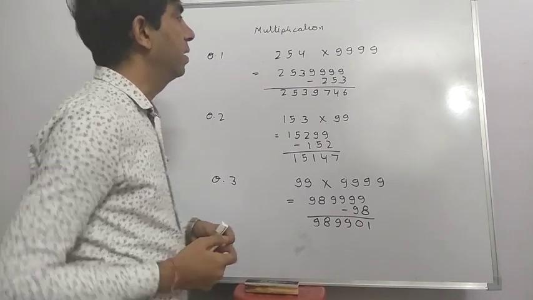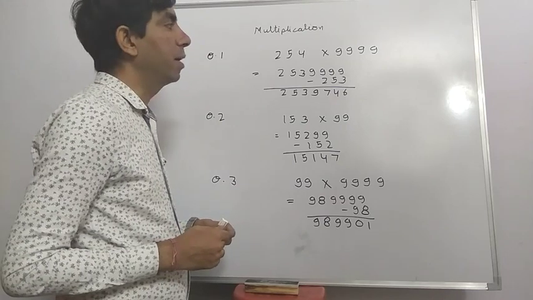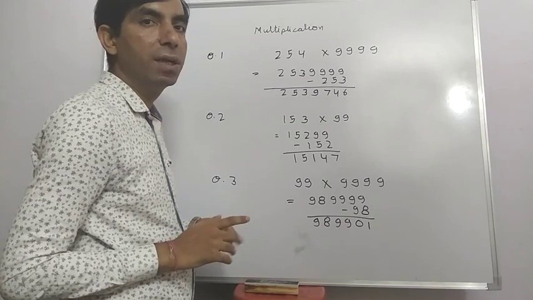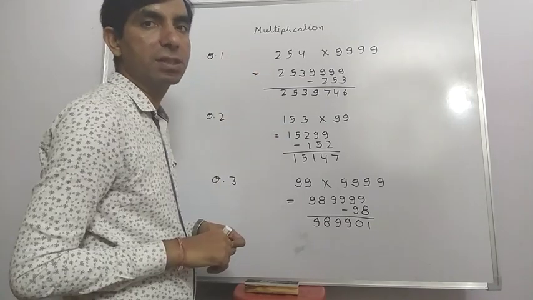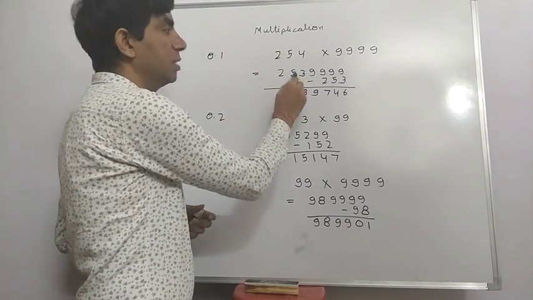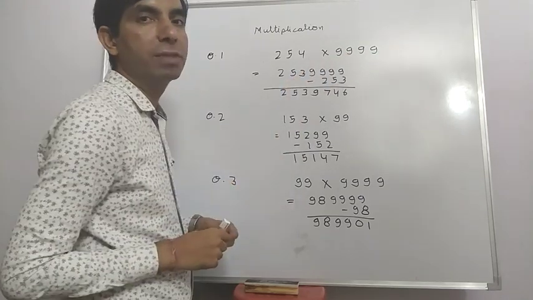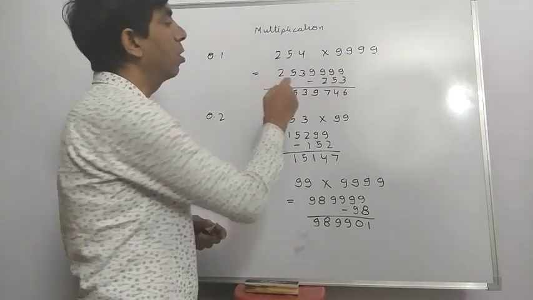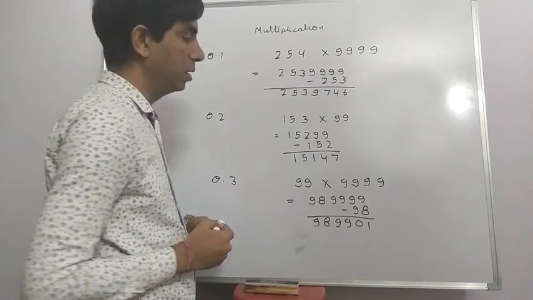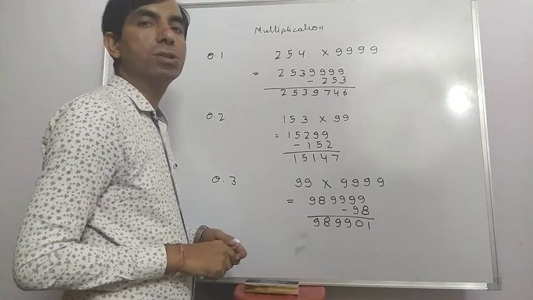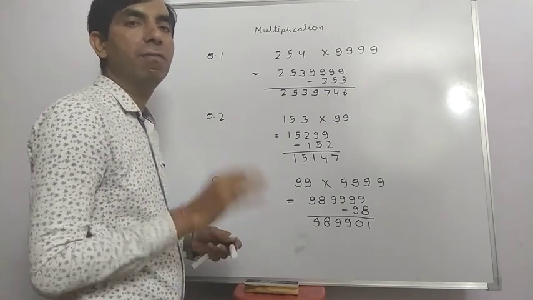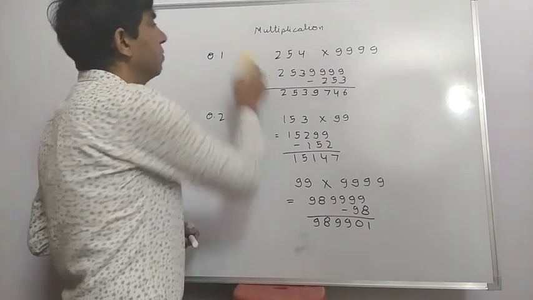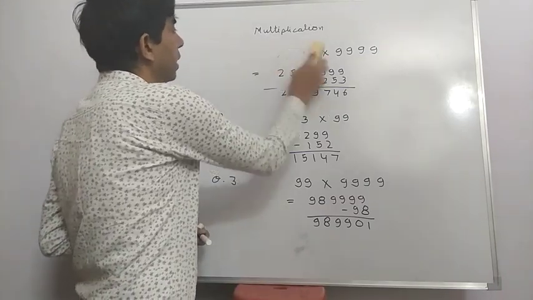In this method, we always write as it is the number which is made of only 9 digits, and write the previous number of the other number. First time as it is, write the number made of 9 digits and subtract the previous number. Then we get the answer of the multiplication. It is easy, we can solve any multiplication with numbers made of 999. Okay, let me start to solve.